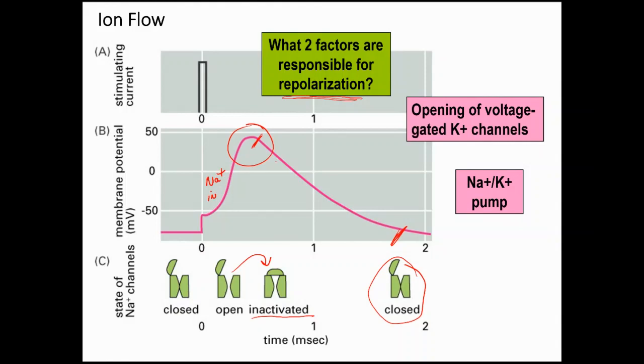I'm going to run out. Allowing the potassium to run out sends positive charges out of the cell. And then ultimately you have to come back to an equilibrium of your concentration. So who's going to be responsible then for pumping out the sodium that came in and bringing back the potassium, the sodium potassium